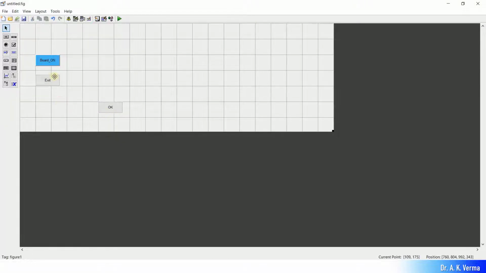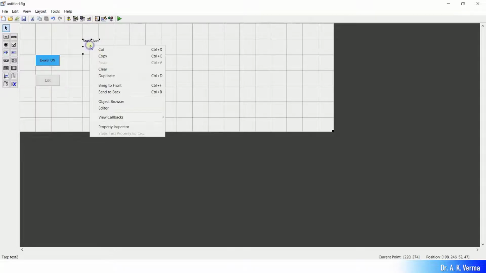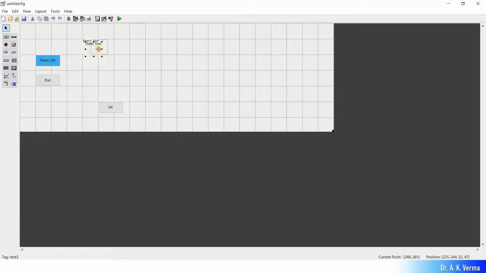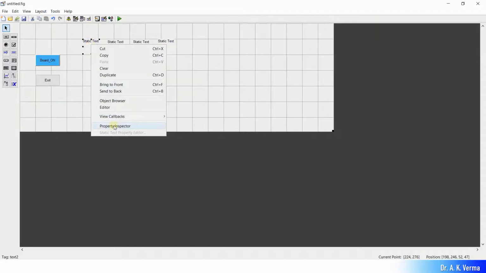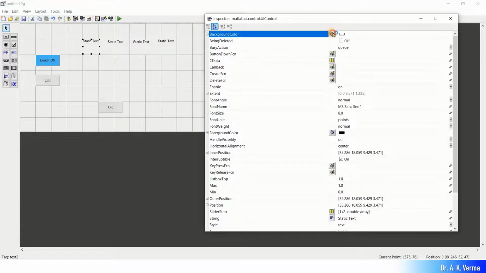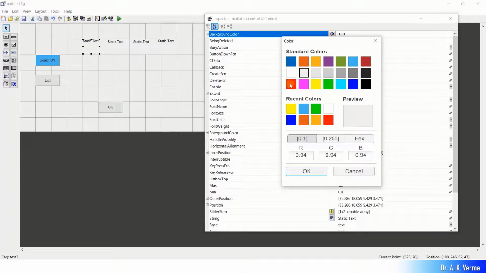So this is the OK button, and those colors I created with static text. Just drag and drop, change its size, and duplicate. So this is my, let's say, red color, this is my green color, duplicate, this is my blue, and again duplicate, this is my, let's say, white, and so on. You can change its attributes by calling the property inspector. You can change its background color. So I'm choosing red,